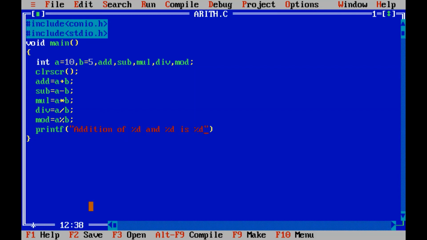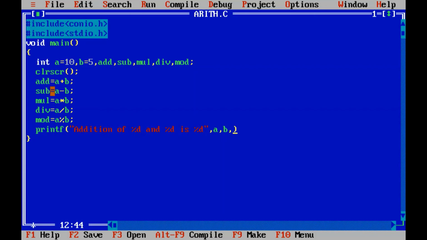Now I'll explain what is meant by these three %d. In the position of the first %d, I want to show the value of a. So after the comma you have to mention a first. Then at the second %d, I want to show the value of the b variable. So I'll use b here. And at the last, third %d, I want to show the addition which is going to be stored inside the add variable.